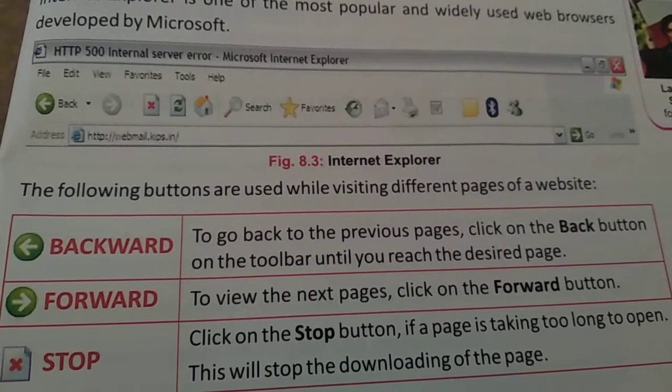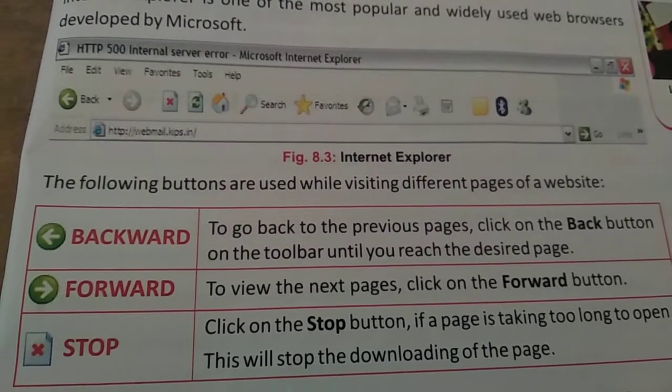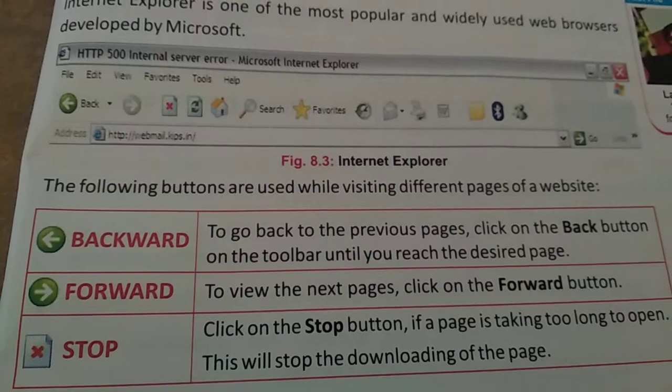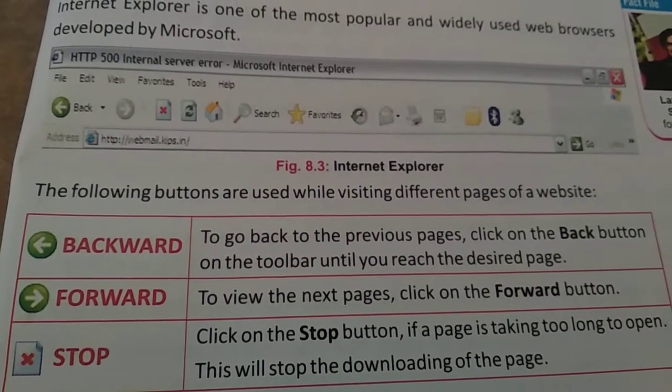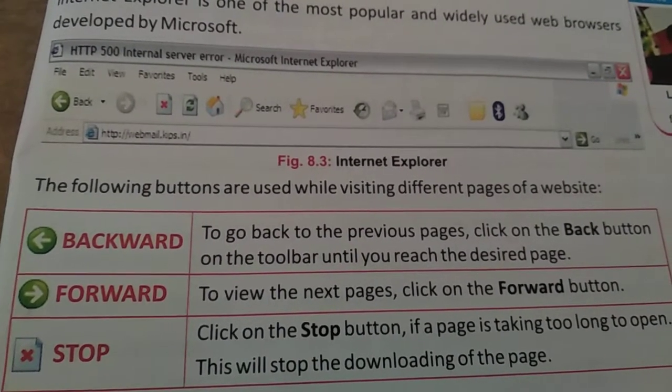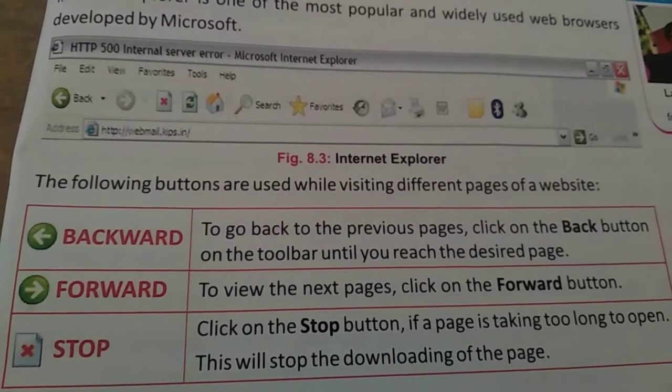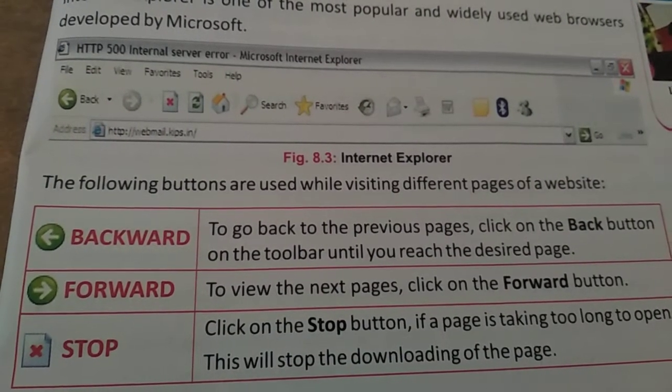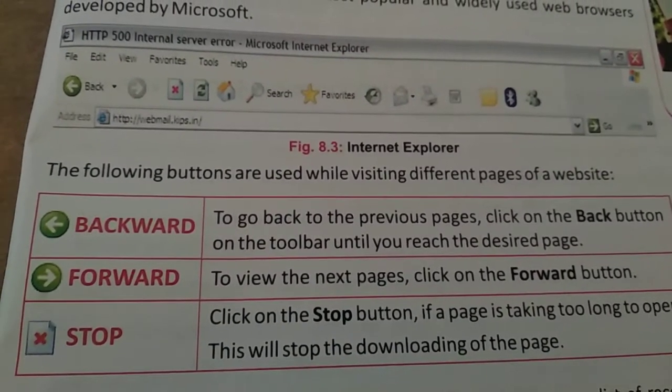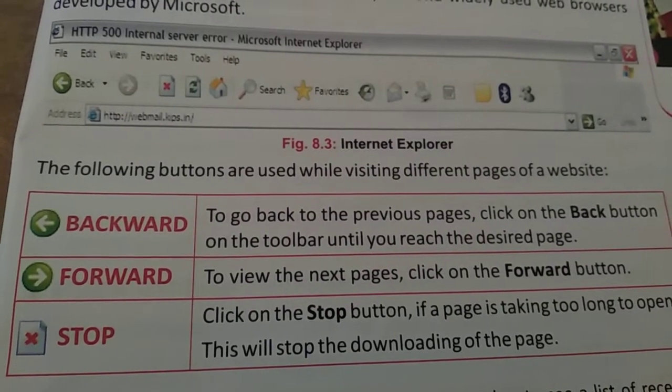Click on the back button on the toolbar until you reach the desired page. You can keep clicking, and go to whichever page you want using this backward button. Next is the forward button.